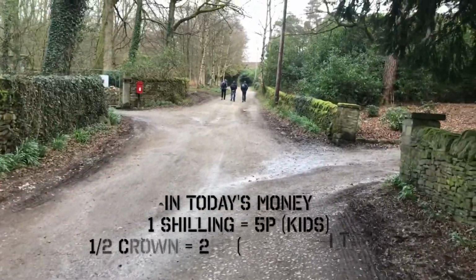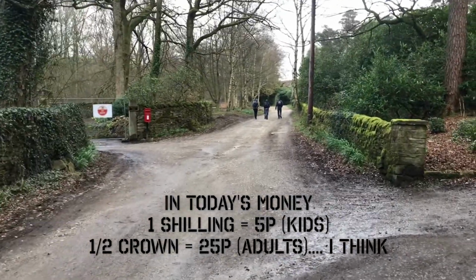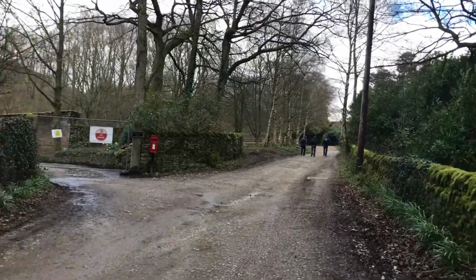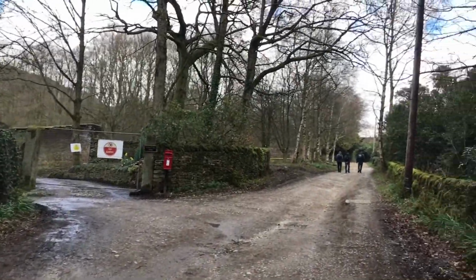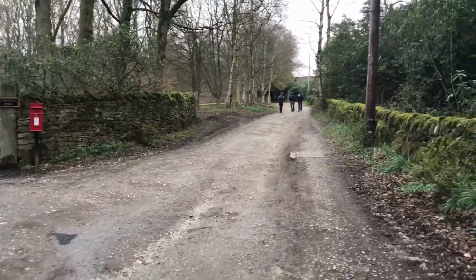I don't know how much that is in today's money. I'll probably drop a little link in underneath to convert the money over, but I haven't got a clue how much it is off the top of my head because I'm not old. But a bloke that I'm with there, Ben, he remembers going as a kid, and he said it was